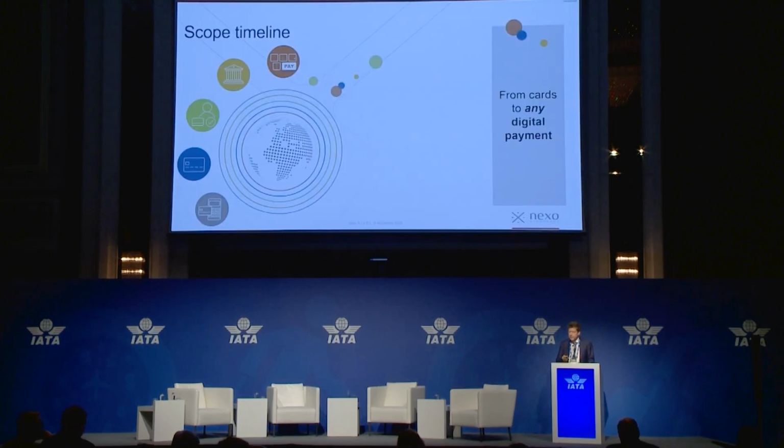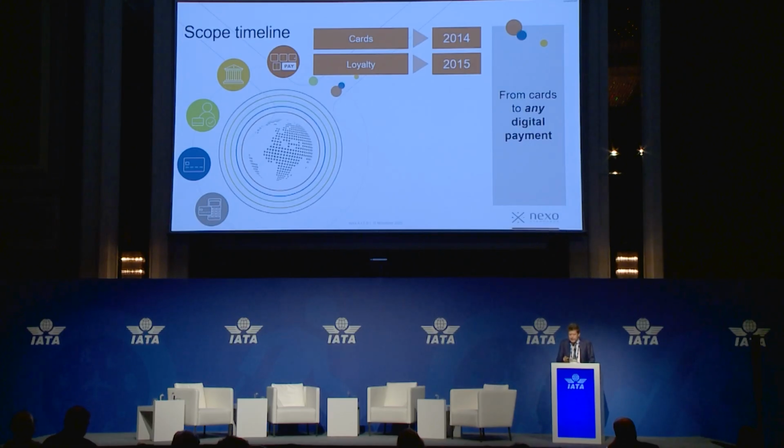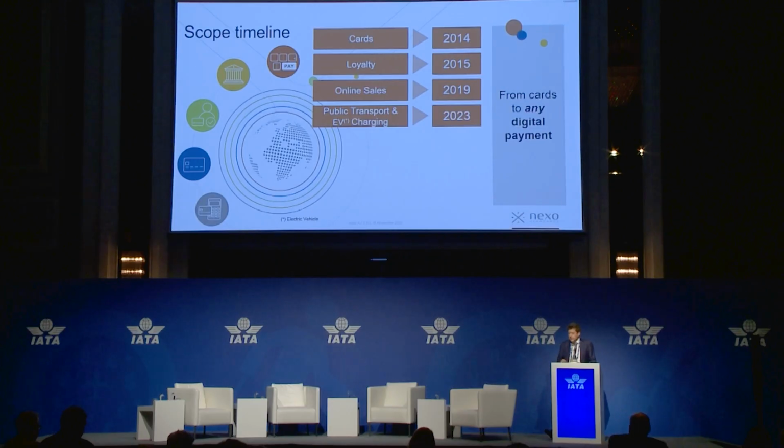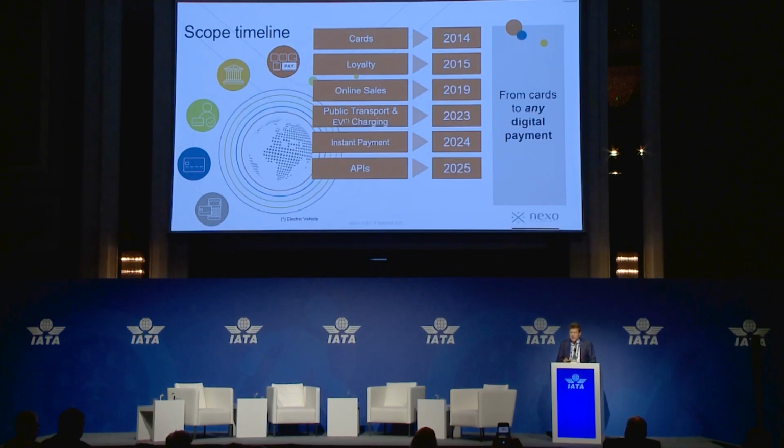So let's look at the scope and what happened. We started with cards in 2014, and we added loyalty in 2015. So we really focused for a long time only on cards. We added online sales, so e-commerce, in 2019. We added public transport and electric vehicle charging in 2023. We added, and that's very important, so that's our start to see other means of payment, instant payment in 2024, and